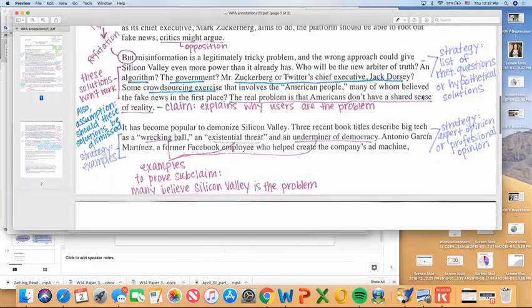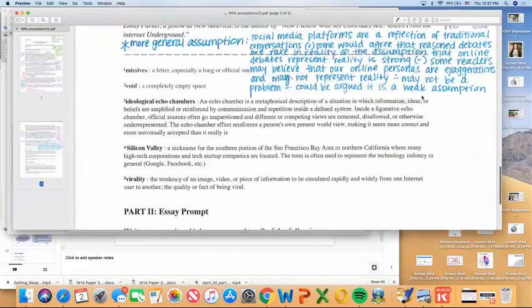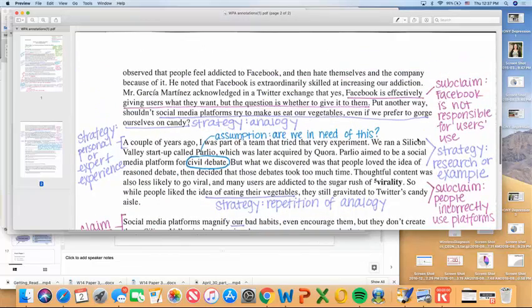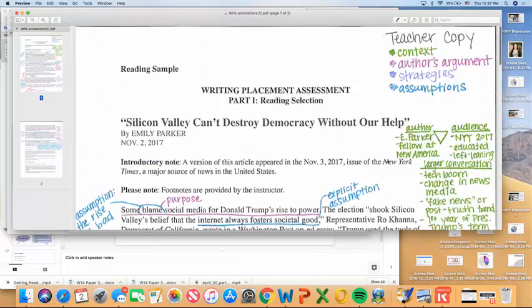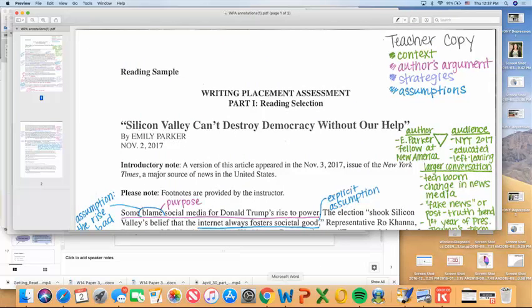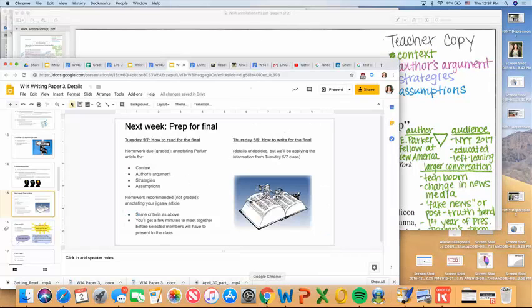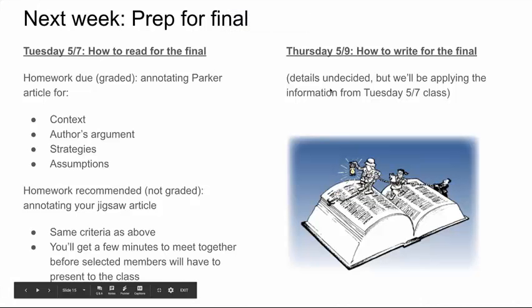So I encourage you, I'm not going to post this until after Tuesday, but what I encourage you to do is go through, try and find this information so that you can have an idea about what to look for, so that we can work on that in class on Tuesday. The goal of the writing of the final, as well as the WPA, which is the same thing, is to demonstrate that you can read these ideas and pick them out and display them really well. So reading is a huge part of it. That's why we're going to spend one day on reading and then a second day on writing for the final.